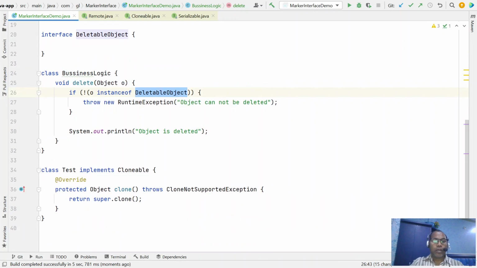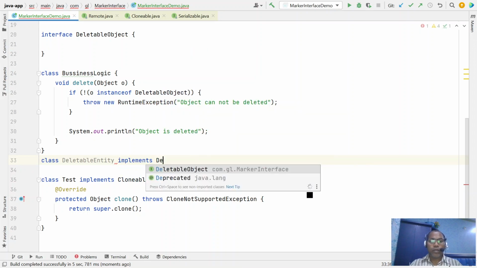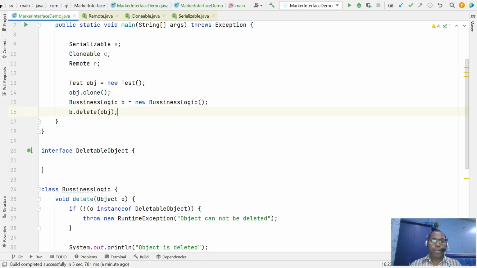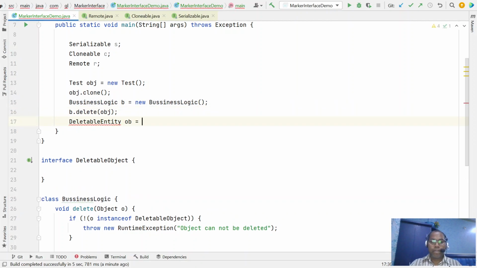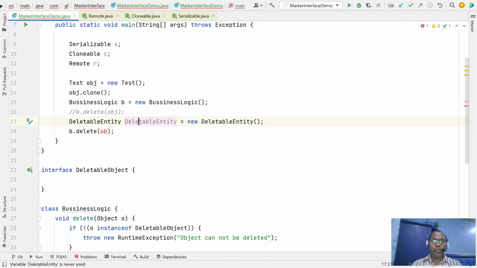But let's create another class, DeletableEntity, and let's implement my DeletableObject. Let's comment out here and call delete on this entity, the DeletableEntity. So this should be deleted if you run it.